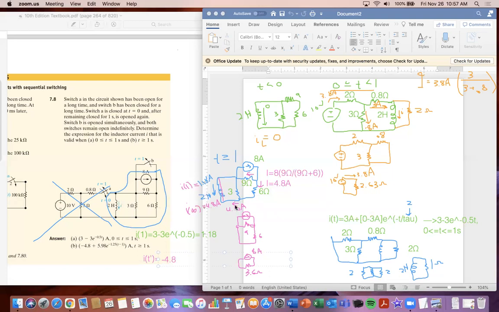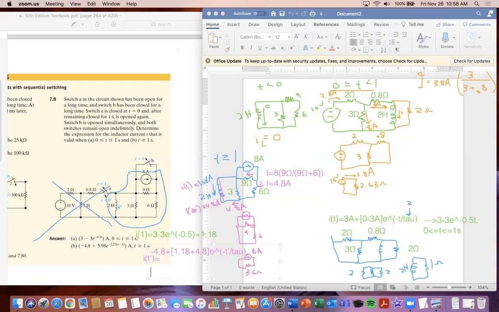See how it's going down, but the 4.8 is going up here, plus initial 1.18 minus, and that'd be a double negative, so that becomes a plus, and that final was 4.8, and then e to the negative t asterisk over tau. We have to determine what tau is,